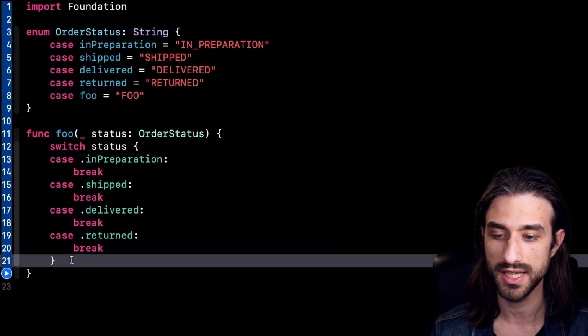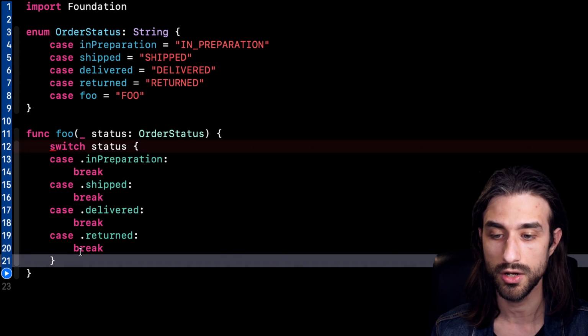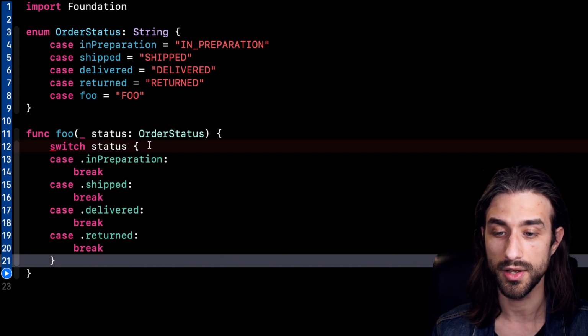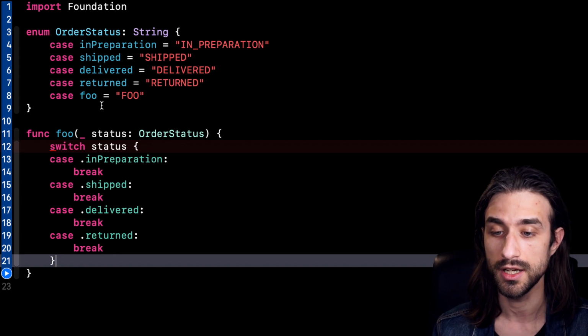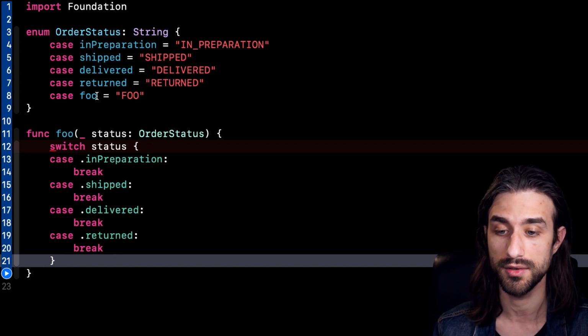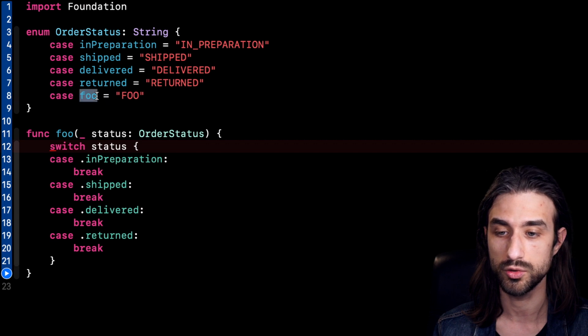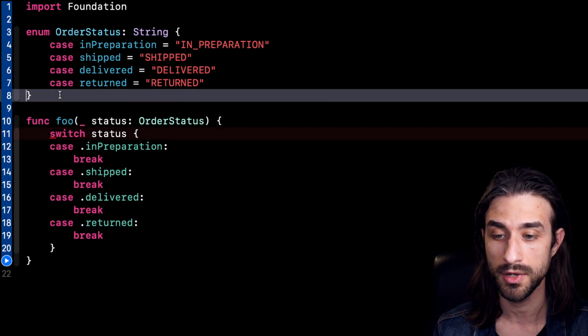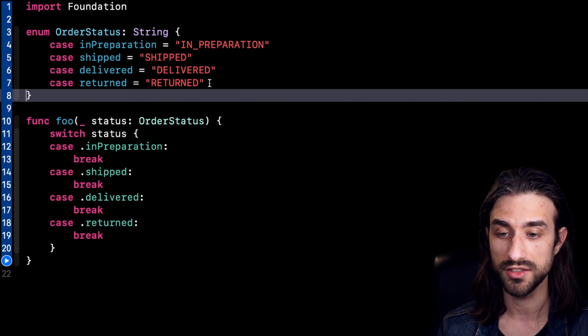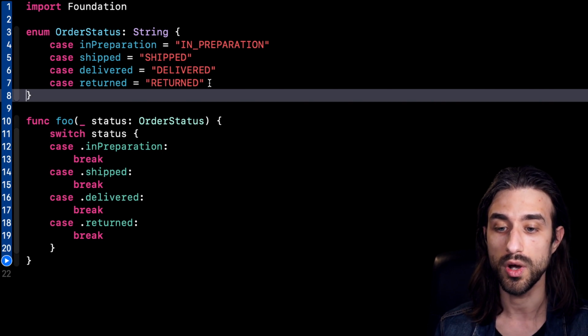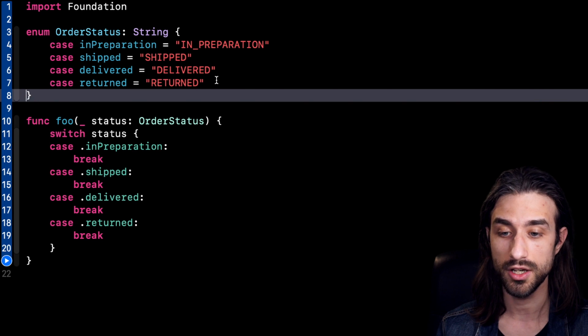You're going to see that I have a compiler error because, indeed, once my enum has been updated, the compiler is able to check that this existing switch statement is now no longer exhaustive. And the compiler is going to force me to deal with the new case to make sure that I haven't forgotten about it. So it's a super useful feature of an enum. Basically, whenever you have a set of constants that you can group together and you're not going to need to add new values later in an extension, you should use an enum.